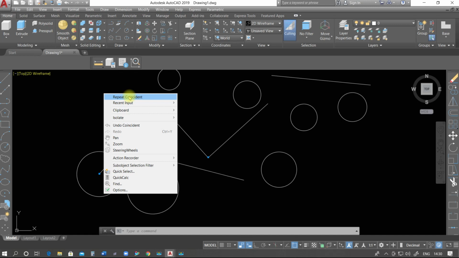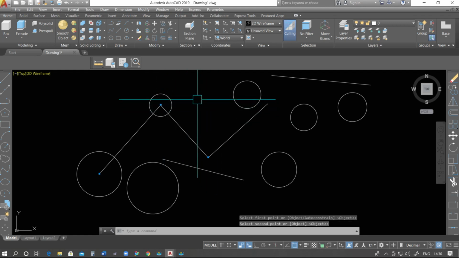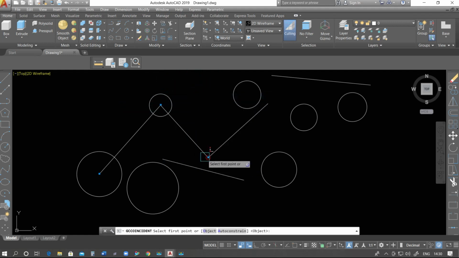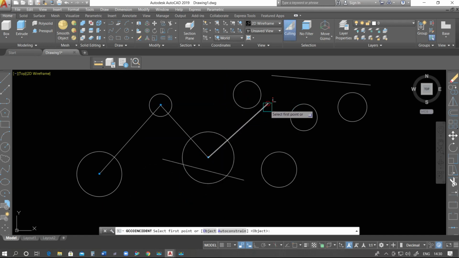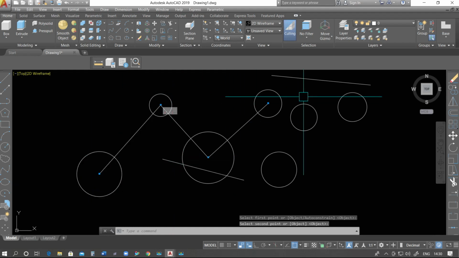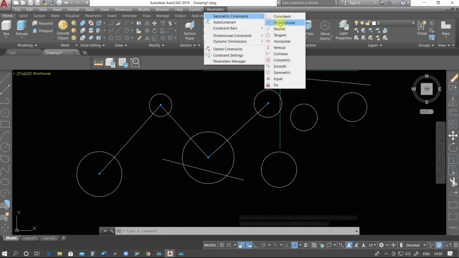This helps if you have to use one tool 4 to 5 times. So just leave that one, press enter, exit. Again you have to press enter to start work for the specific command. So this is how you can reduce your time. So select this one and this one. Again I am going to select this point and this one, and then this point and this one. So this is constant.